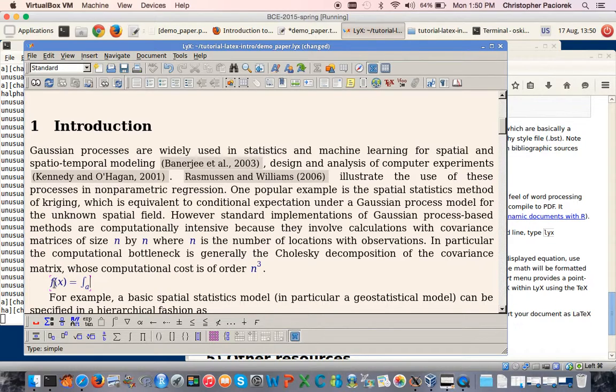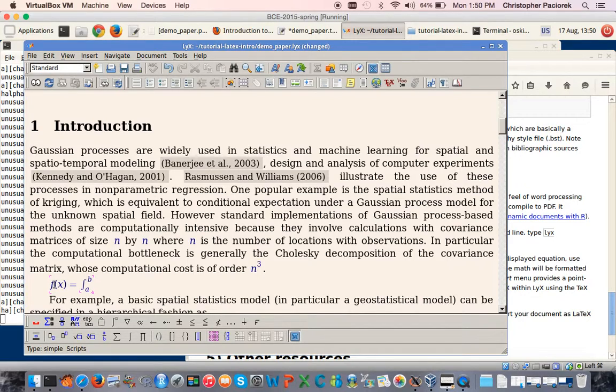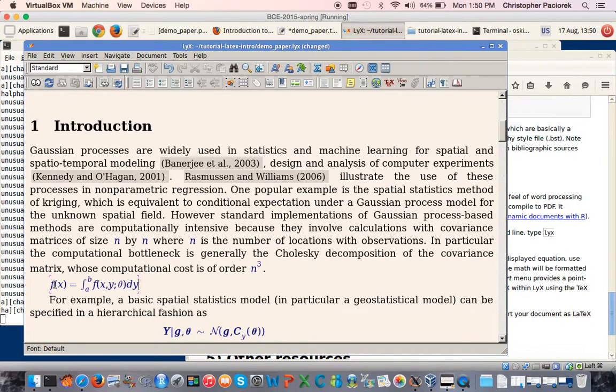If I hit the caret, I can type in the upper limit, and then I could do things like this. I can type \theta and then hit a space, and it'll insert a theta actually formatted, and then I could continue on. So that's how I go about inserting equations and just typing in standard LaTeX syntax for the equation.